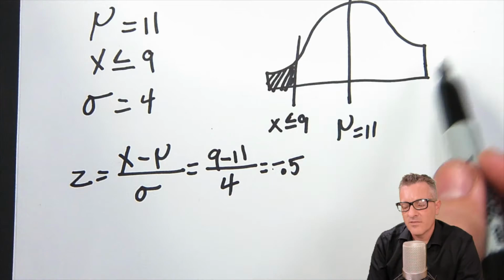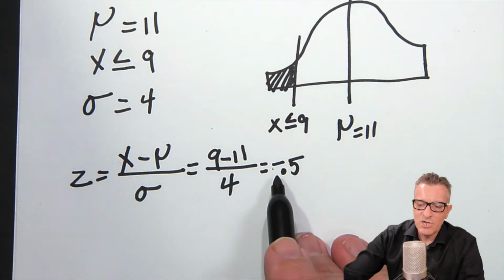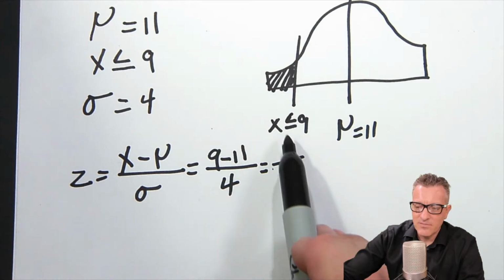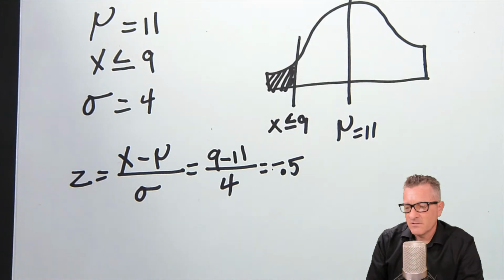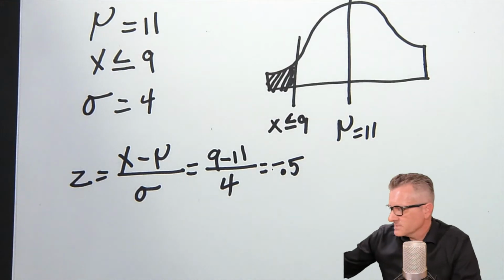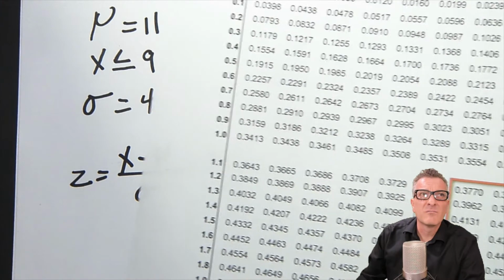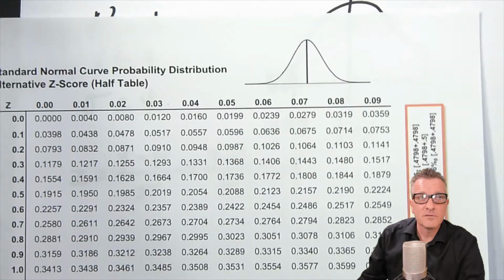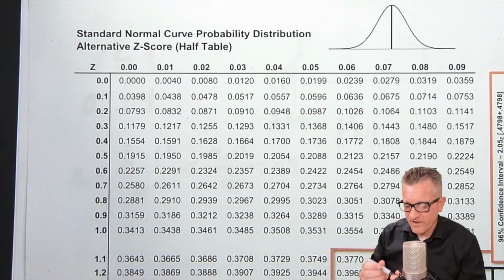That's another thing to think about: if you have a negative right here, you should not have your x on the right-hand side. That's kind of a check and balance. So let's take a look at what negative 0.5 equals. Make sure I'm on the screen. So we don't have negative 0.5 we can look up.